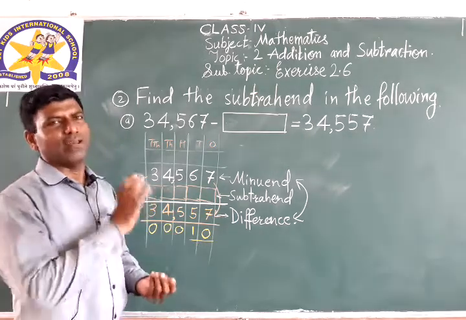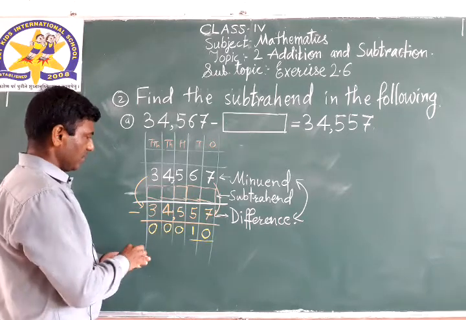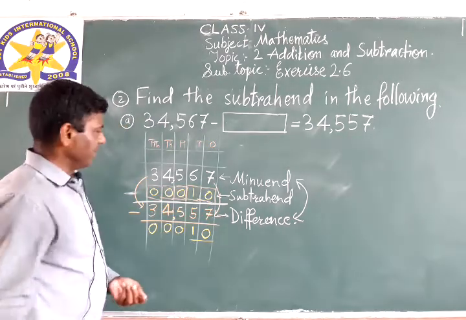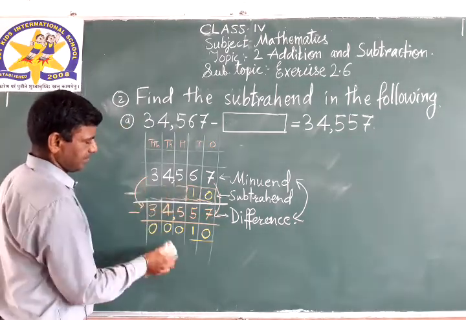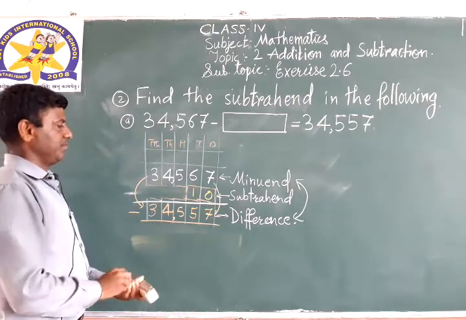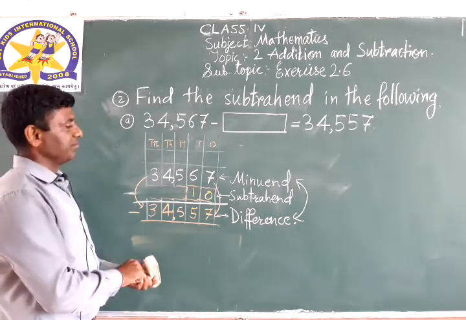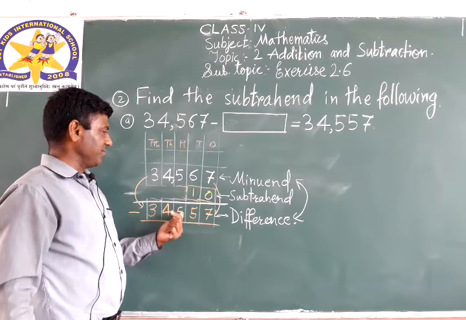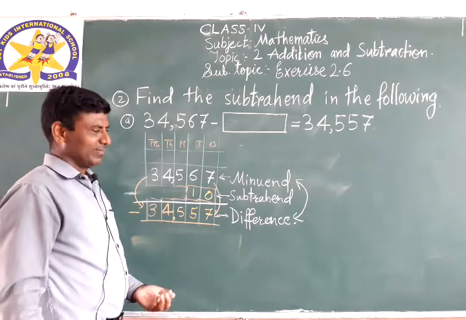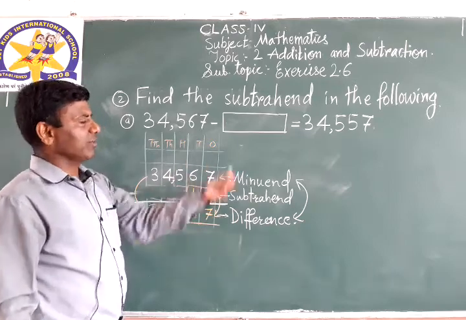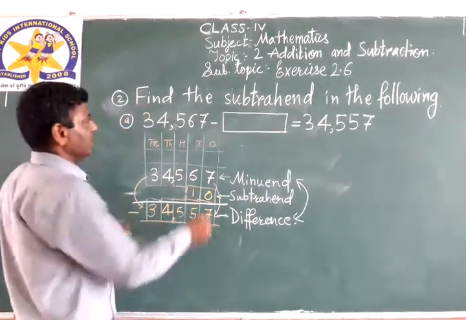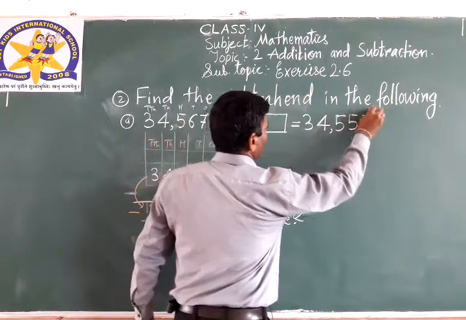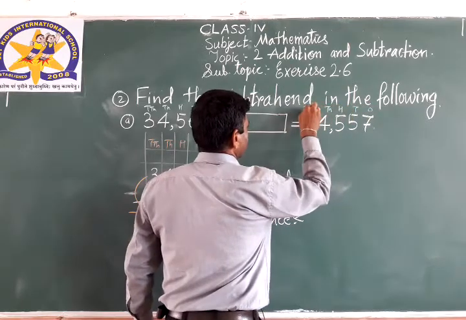It's oral. First I write here. This is 0, 0, 0, 10. It means, see, 7 minus 0, 7, 6 minus 1, 5, 5 minus nothing, 5, 4, 3. This is a method. But here you can solve orally. Focus on the digits: ones, tens, 100, 1000, 10,000.